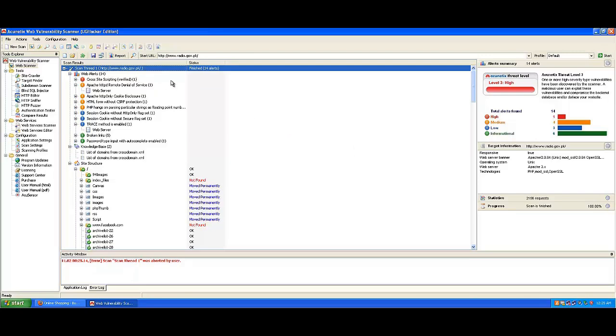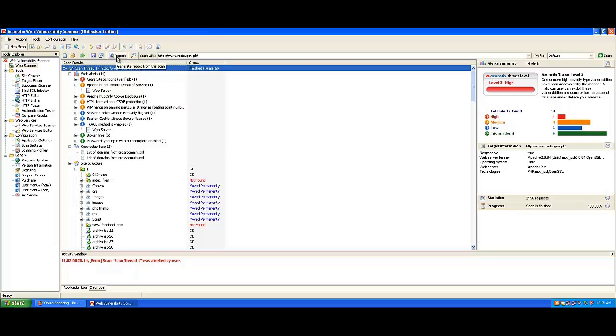Now, the best part of using this type of vulnerability scanner is this: suppose I'm working for a company, or I'm a student and want to create a project for my internship, and I want to create a complete report on this. The best part of Acunetix is that here you can see an icon called report.